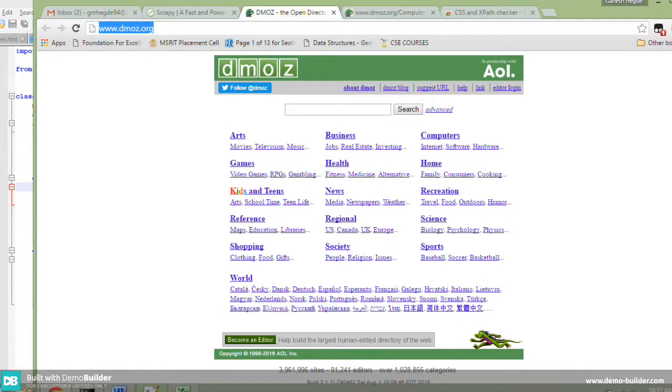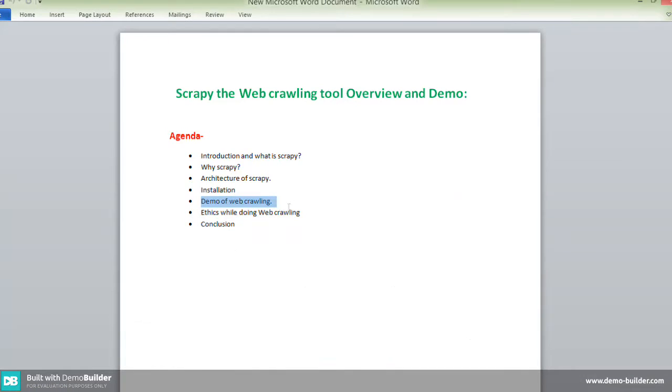Now coming to our agenda, we will complete the ethics. We have completed the demo, crawling, and advantages and disadvantages. Now coming to the ethics while web crawling. Crawling is simple and easy, but we have to follow some ethics. Do not steal; we should only crawl freely available websites. We do not steal personal files and all those things. Do not steal from authorized websites.